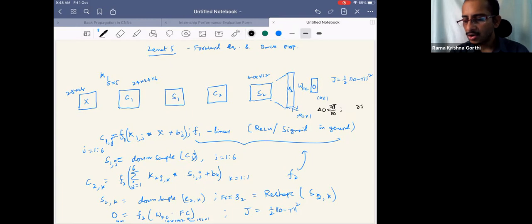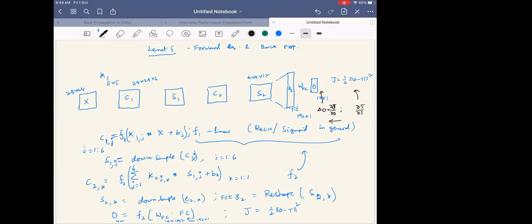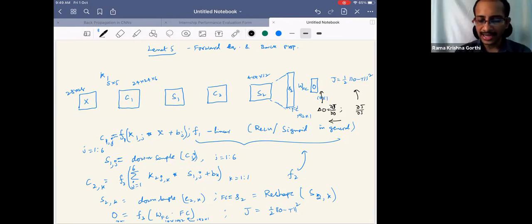Correct? Dou J by dou J is anyway there here, just to start. Here what we have is delta O in back propagation, and this is dou J by dou O. Hope this is clear, right? What is this answer? Dou J by dou O is equal to, just to have a quick understanding of where we are going, O minus T. That you can take.